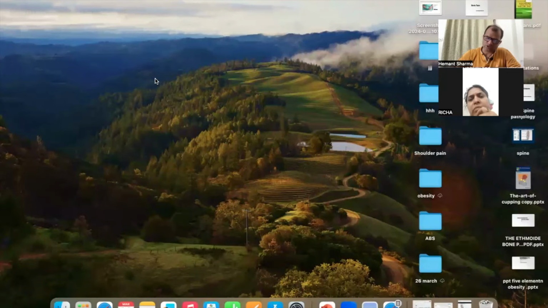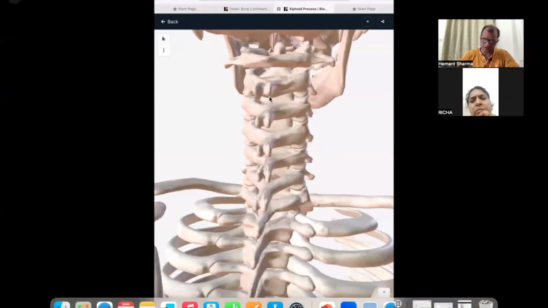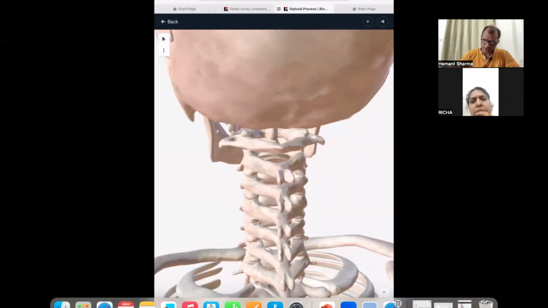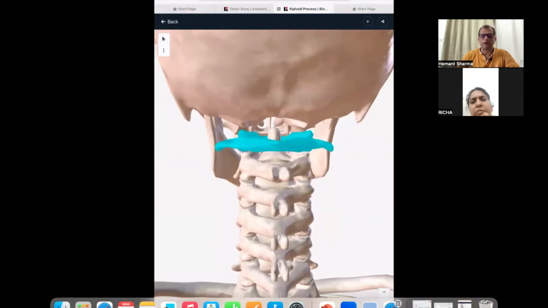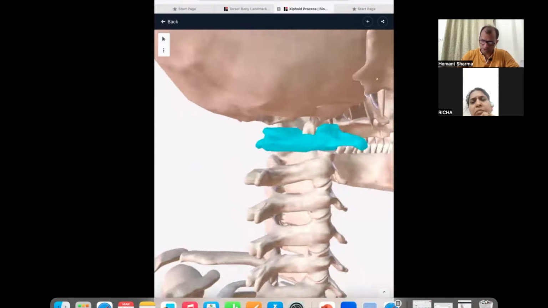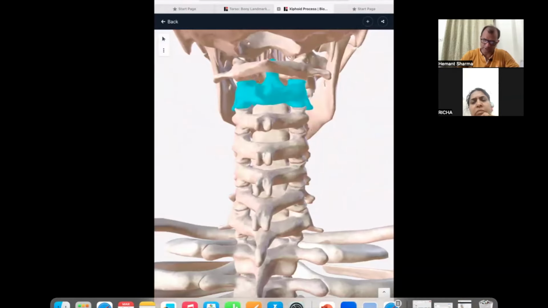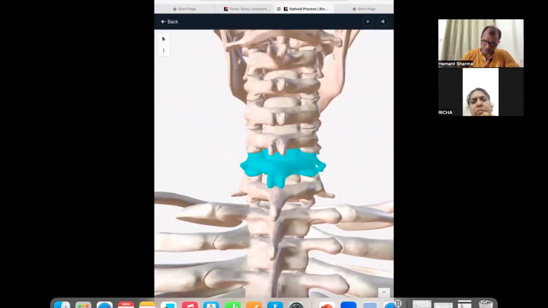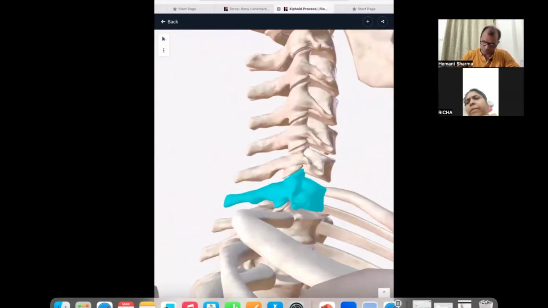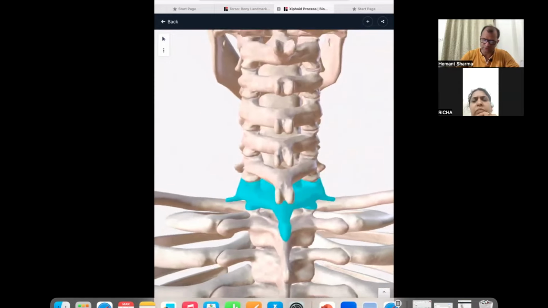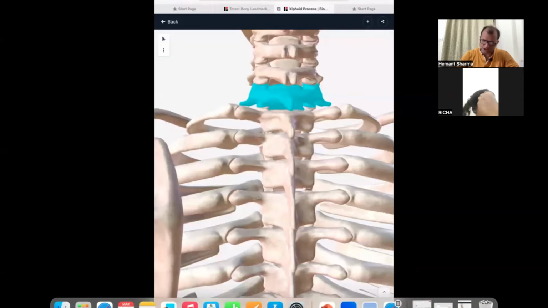So there are a total of 7 cervical vertebrae. हमारे स्पाइन में कुल 7 cervical vertebrae होती हैं। All are bifid, जितनी भी हैं सब bifid हैं, we can see। केवल ऊपर वाली नहीं है, C1 bifid नहीं है, बाकी C2 bifid, C3 bifid, C4 bifid, 5, 6, और सबसे नीचे वाली नहीं है। सबसे ऊपर और नीचे की नहीं है, बाकी सब हैं bifid। Now if you go in the thoracic vertebra, no one is bifid,